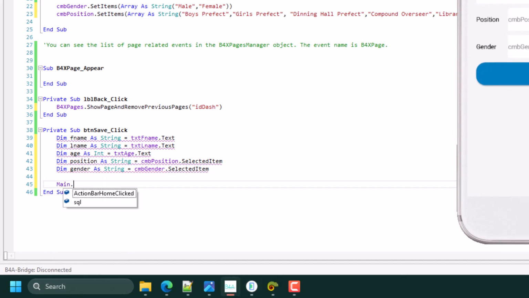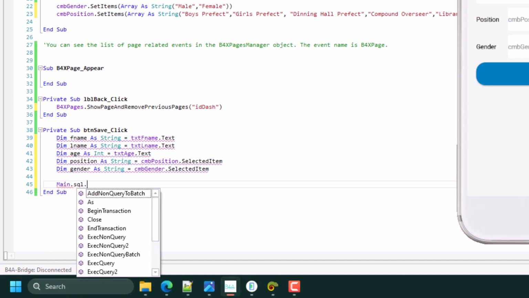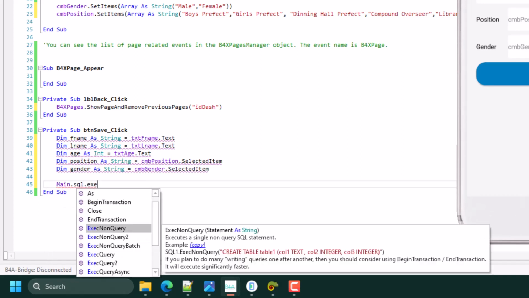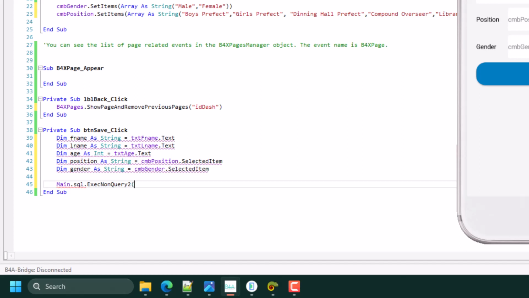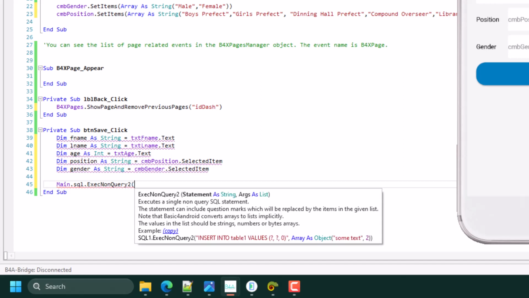So now we connect to the database and insert. So main dot SQL dot execute non-query, to register non-query key. Insert into TBL members values.